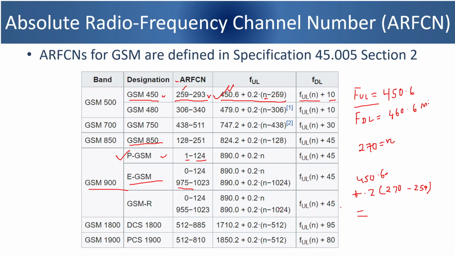frequency. So in case of GSM, when your mobile is switched on, it tunes to this frequency. How they tune is they go step by step. If your device supports GSM 450, then it will start with ARFCN 259 and see whether there is some signal on that particular frequency. Then it will go to 260, 270, up to 293, till it gets some signal. That is the first step where your device will tune to a particular frequency.